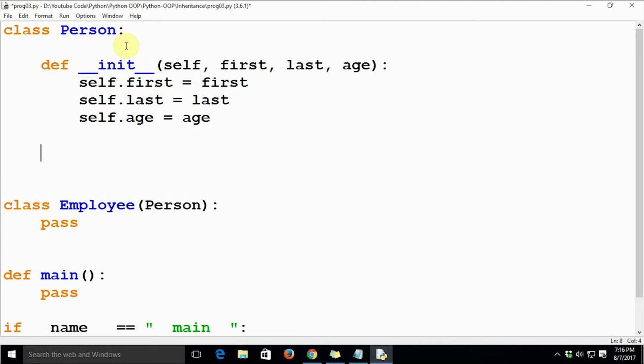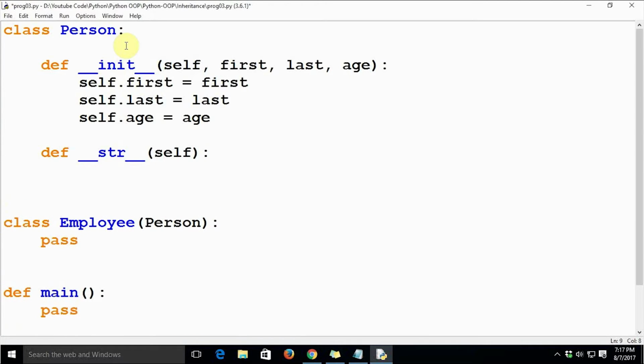Now let's define a special method known as str. str will return the string for that class. We are also going to see how to use str.